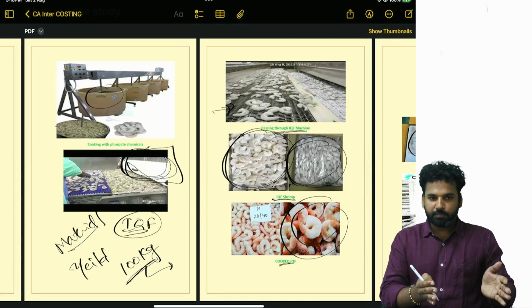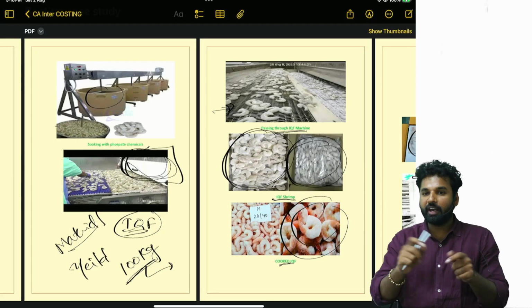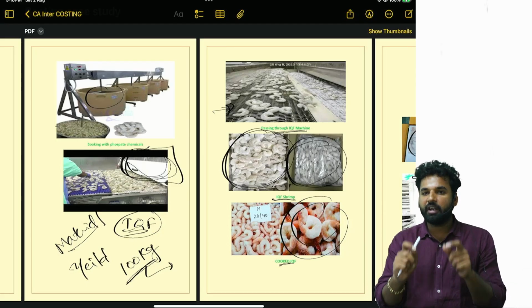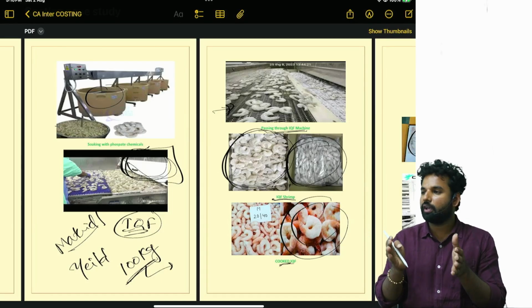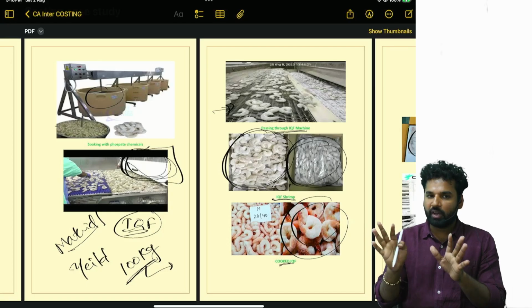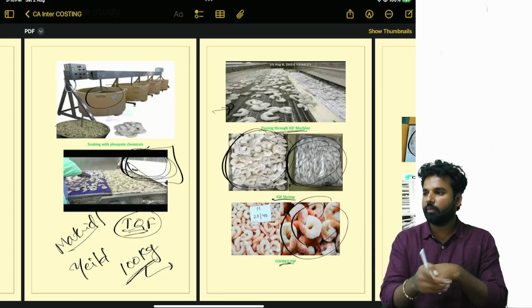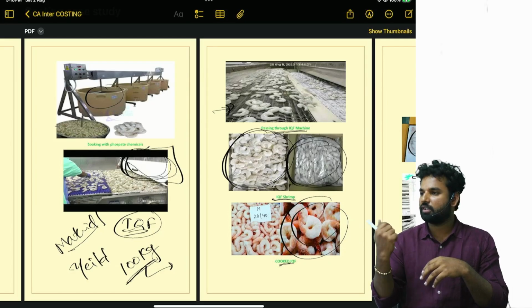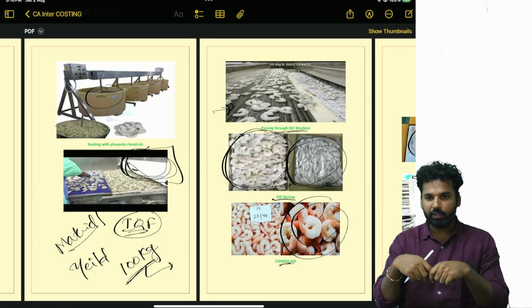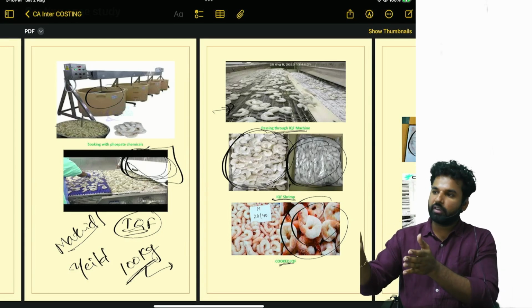Next, it is coming to the water plant, and then de-heading has to be done. De-heading has to be done in a skillful manner. Correct? Because if you are doing it in an unskilled fashion, then what will happen? Your yield will be missed out. Yield will be missed out. So a 1%, 2% difference means there will be lots of difference. Correct? And entirely. So likewise, after de-heading, you have to